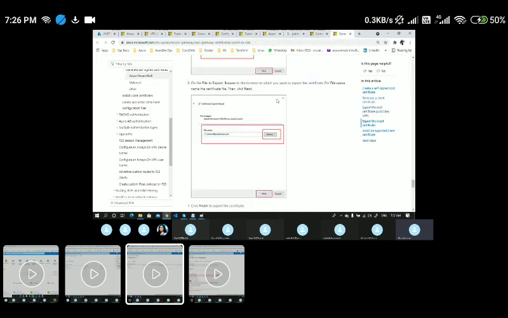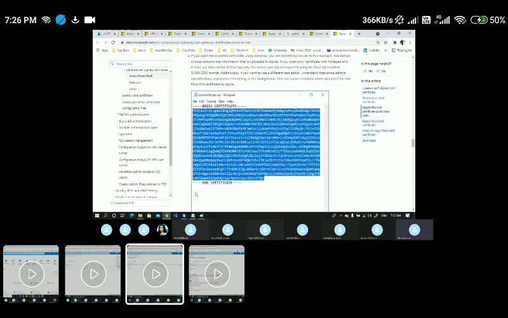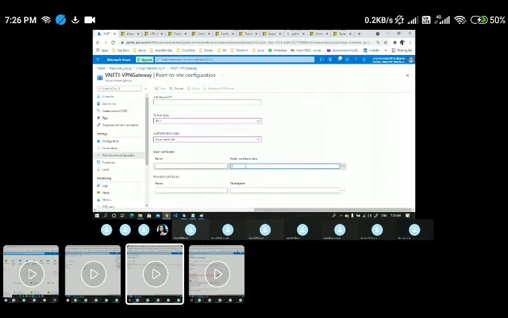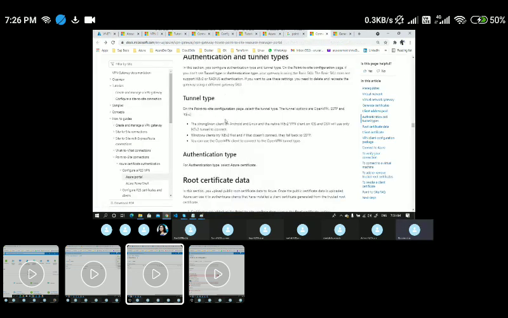Here you can see the data. When you open a certificate, it looks like this. This data you need to copy and put in this place. Once you've done this, just click on save. After saving, we need to download the VPN client. I'll show you here. So yeah, here we go.